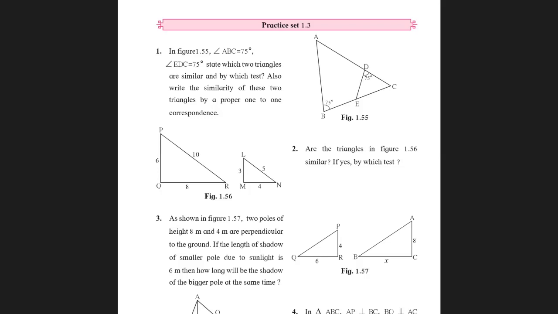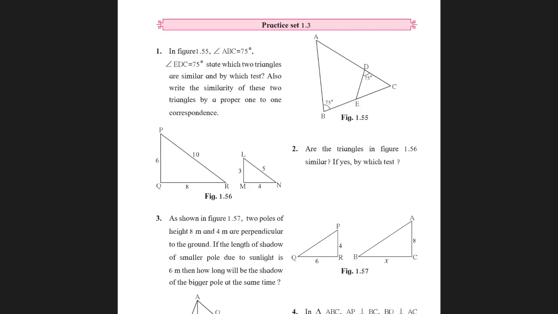Children, am I clear? I'll explain this once again. The first triangle, the small one, CDE. The big triangle is CBA. Now correspondence, when you say the vertices should correspond to each other. Since C is common for both, for the small triangle if I take C, for the big triangle also I take C. For the small triangle when I take D, since it's 75, for the big triangle I'll take B. What is left now? For the small triangle it's E and for the big triangle it's A. So the correspondence is CDE corresponds to CBA.